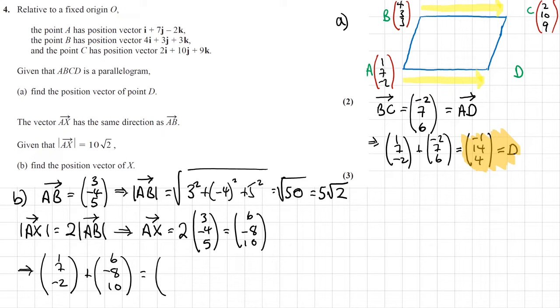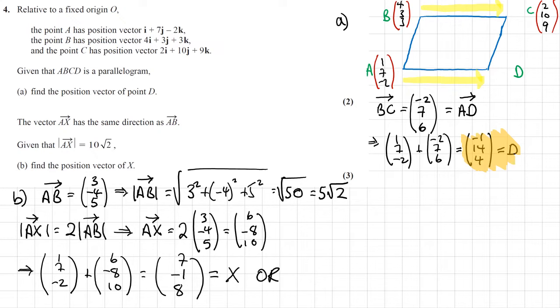So 1 plus 6 is 7. 7 minus 8 is negative 1. Negative 2 plus 10 is 8. So that is the vector position of X in column form,